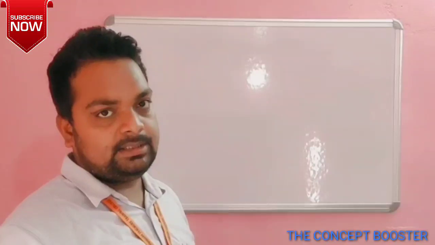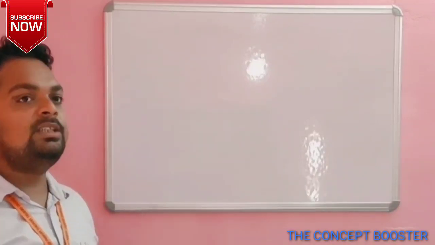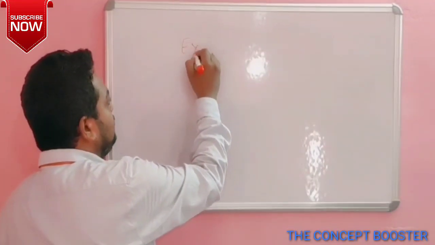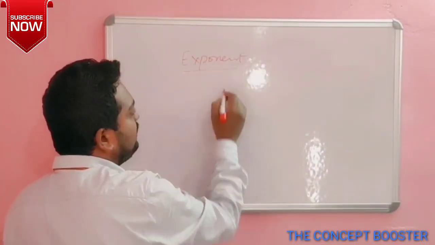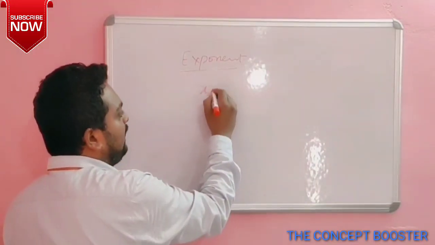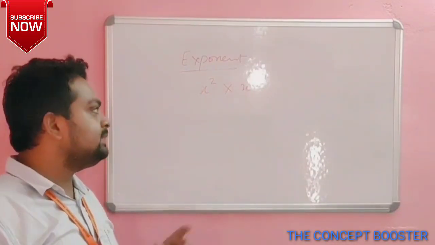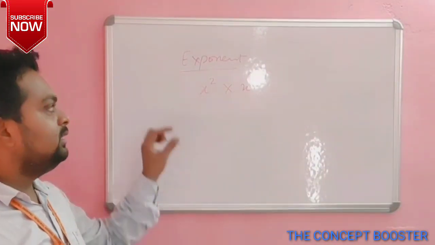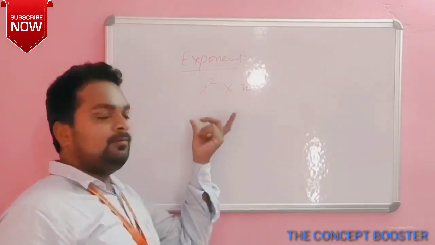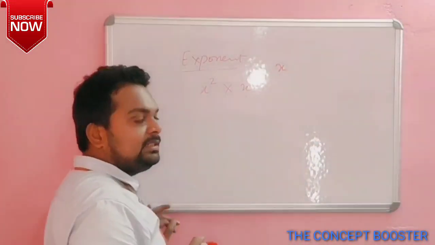proceed to the multiplication. How can we multiply algebraic expressions? For multiplication, first you need to learn the rules of exponents. I think you all know about exponents. So how do we multiply exponents? Like if you have x square and you have to multiply it with x, what will be the result? This is multiplication, and when we multiply algebraic expressions of the same variable, we add the powers.